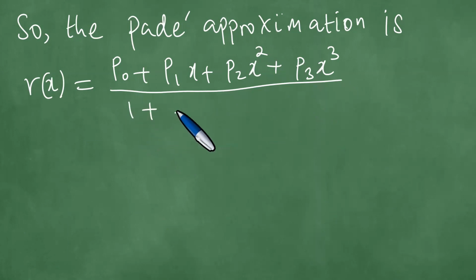And then this is 1 plus q1x plus q2x squared,